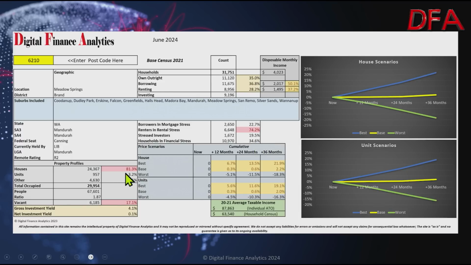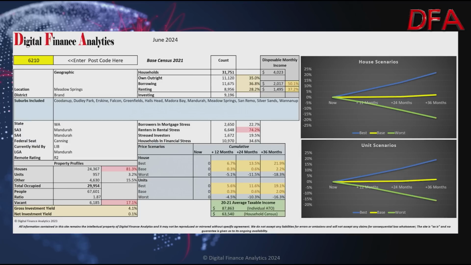81% of houses in the area, small number of units and other types of property. People ratio at 1.87 shows that there are some individuals and some households there. The vacancy rate is very high at 17.1%. Now that's partly to do with second homes and Airbnb. I think at the time the census was run, of course, this is just around the COVID time as well, so maybe artificially high, but it is interesting that the vacancy rates are pretty high there. We also know that there are some properties that are for sale and vacant as well.